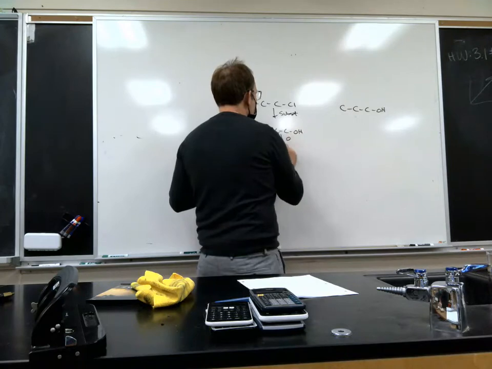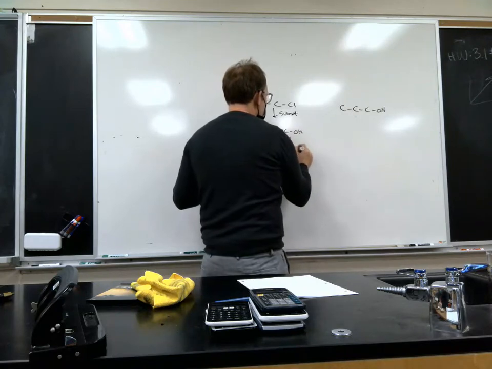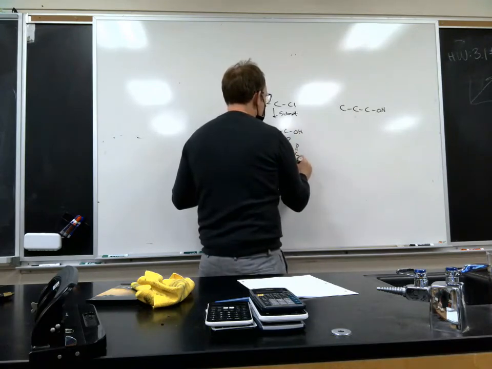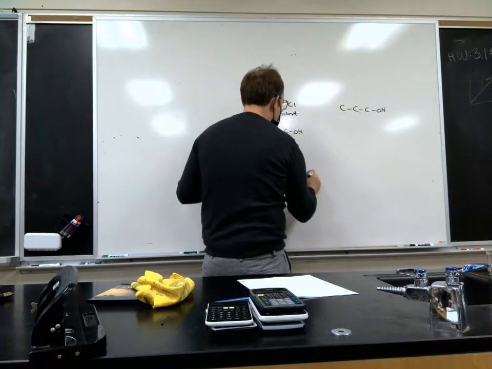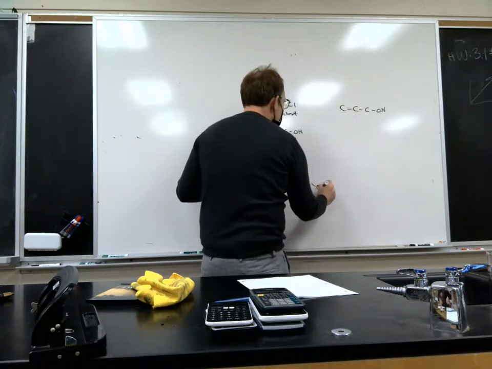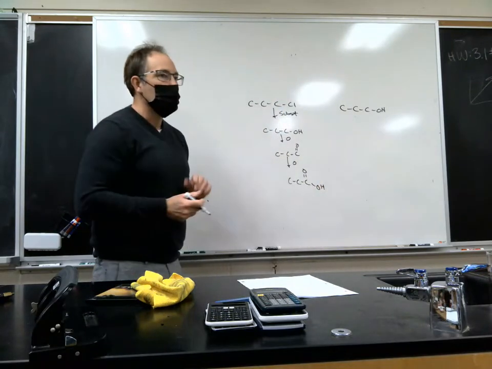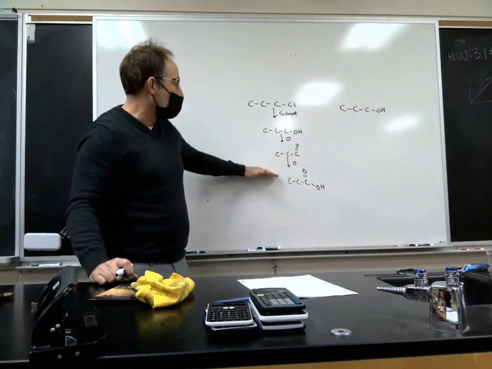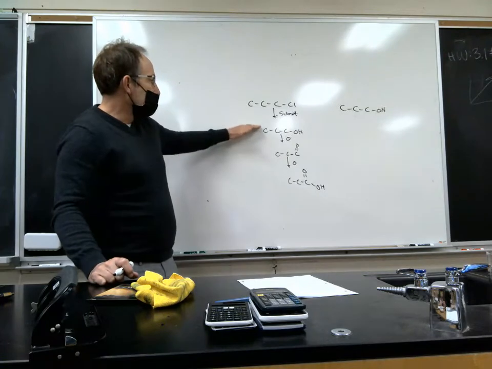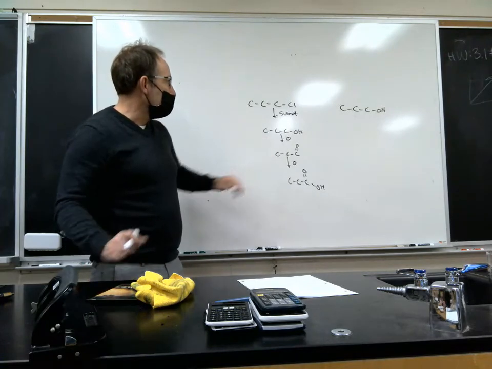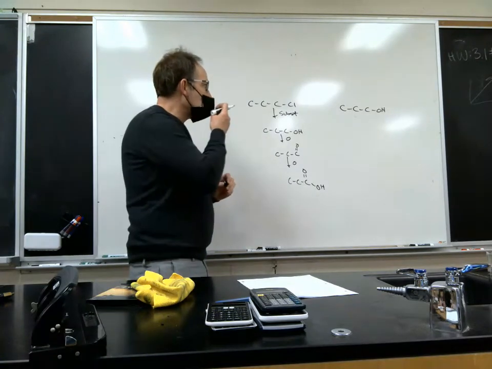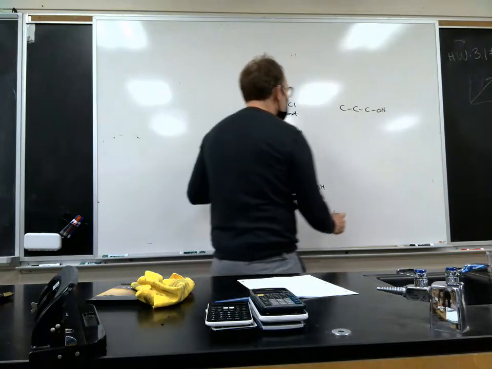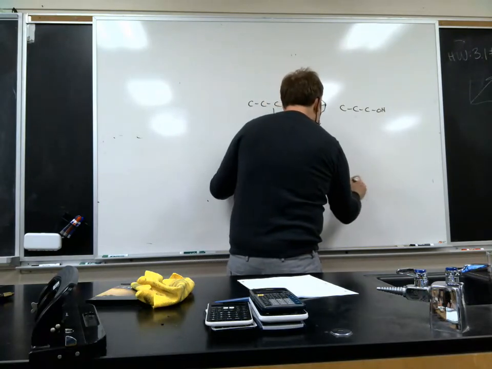I would have to oxidize that to get an aldehyde, and I would have to oxidize it again to get a carboxylic acid. I know that looks like I just did a lot there, but I've said over and over and over, you've got to memorize this one. You have to memorize it. Alcohol to aldehyde to carboxylic acid, or oxidize times 2. Now, we'll bring down that alcohol,